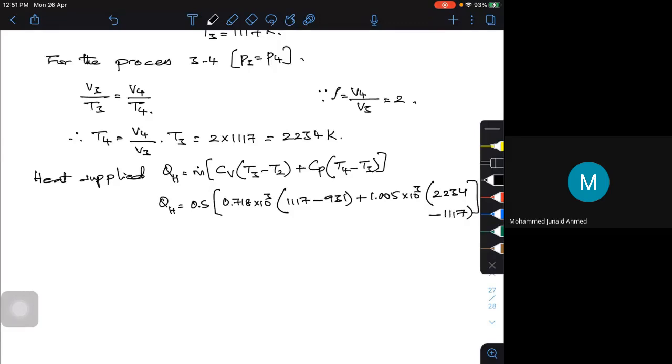So if I substitute everything, I am getting my heat supplied as